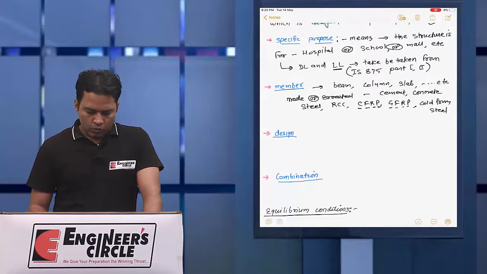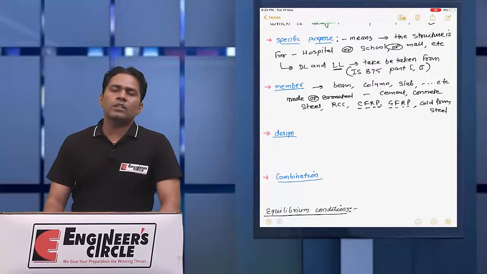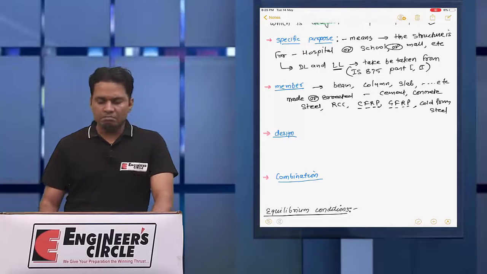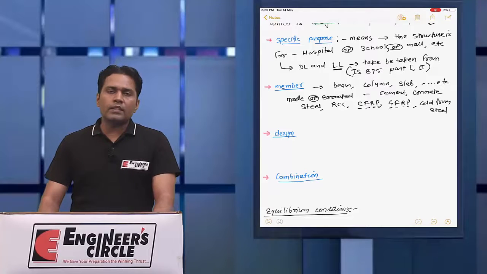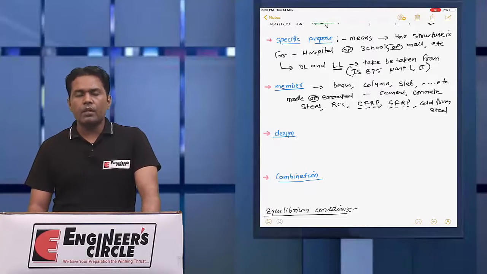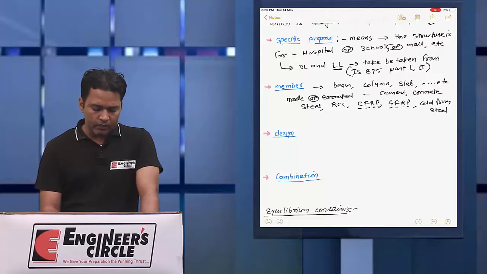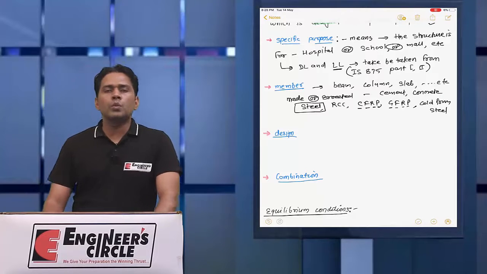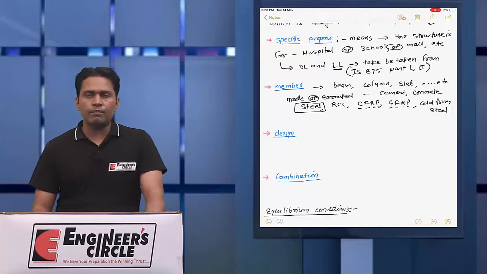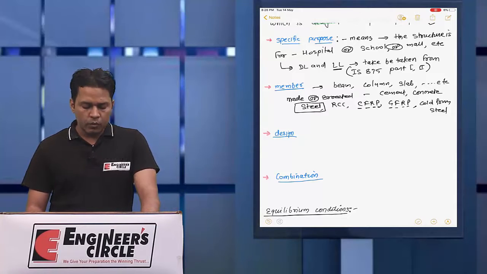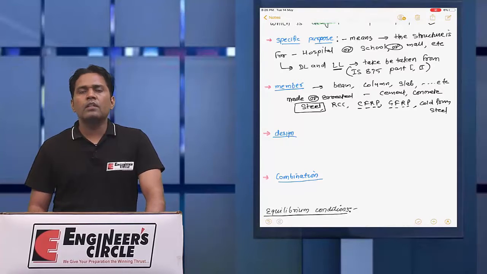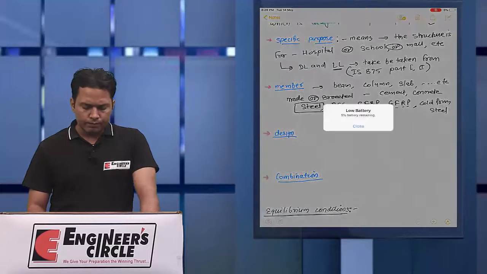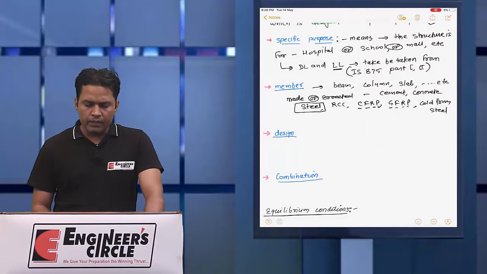So the member can be made, constructed or erected with any kind of material, but here in this subject we will discuss members made with only steel. We are not going to design a composite member. Okay, so we will just consider any member part of the structure that is completely made with the steel only.